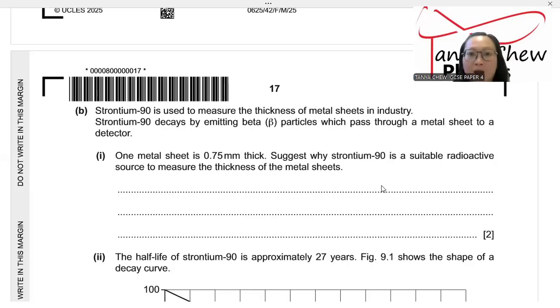Because of this beta. Do you remember the beta particles? They are fast-moving electrons. They can be stopped by a few mm of aluminium sheet, right? So since this is a metal sheet and it is still within that, it is suitable because beta, you can use the symbol, beta can pass through